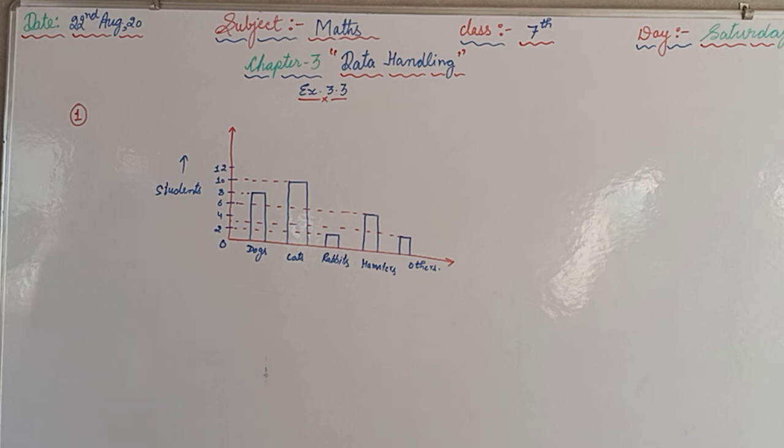The graph is related to the number of books sold by a bookstore during 5 consecutive years. Answer the following questions. First of all, we are supposed to observe the graph, which is between the number of years, for the last 5 consecutive years, and on the vertical axis we have the number of books sold. So we are supposed to observe that. Afterwards we are supposed to answer the questions given below.